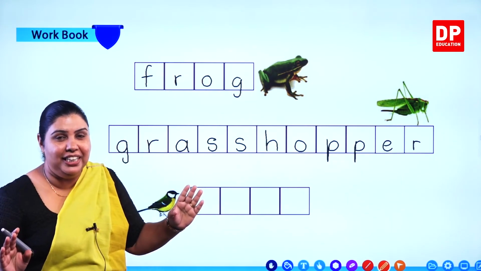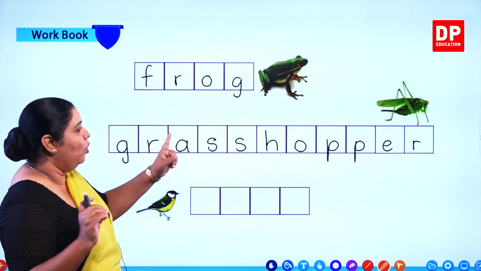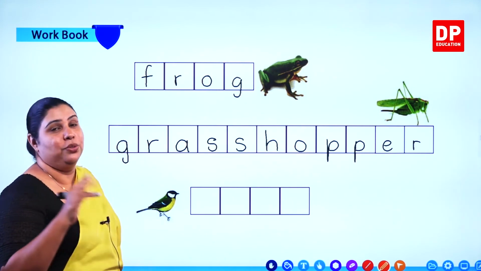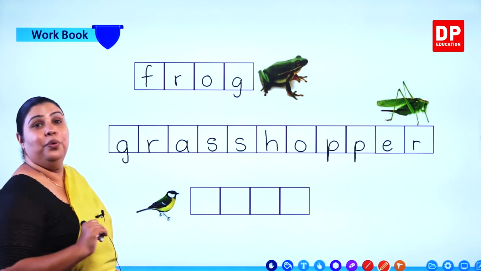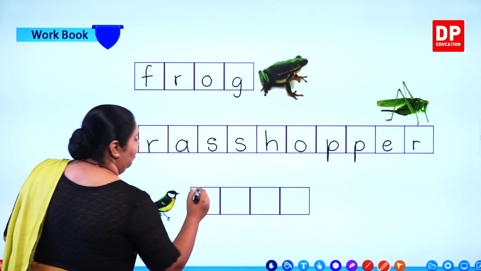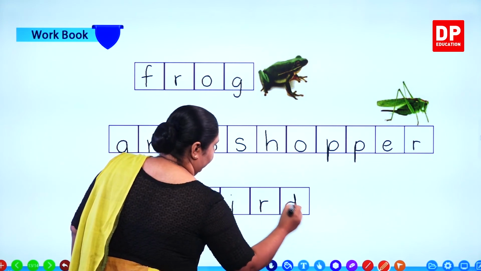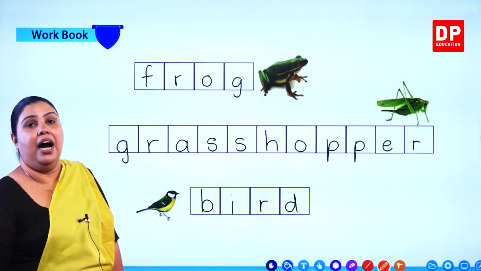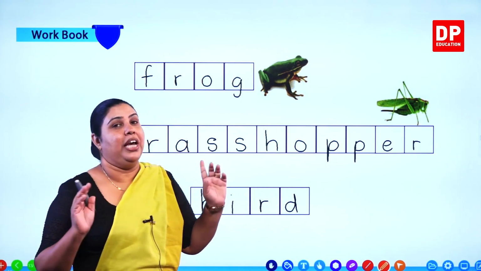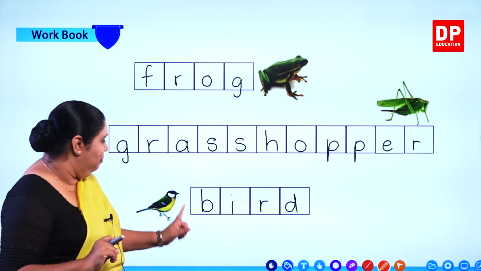Now, if you know the spellings, you can write it very easily like this. There are little boxes for you to write each letter. So, you can do it very easily if you know the spelling. So, you have to study. Next, who is this? It is the bird. Now, you all know how to write the word bird. B-I-R-D. Bird. Now, please remember, when you write the word B and D, you cannot make any mistakes.